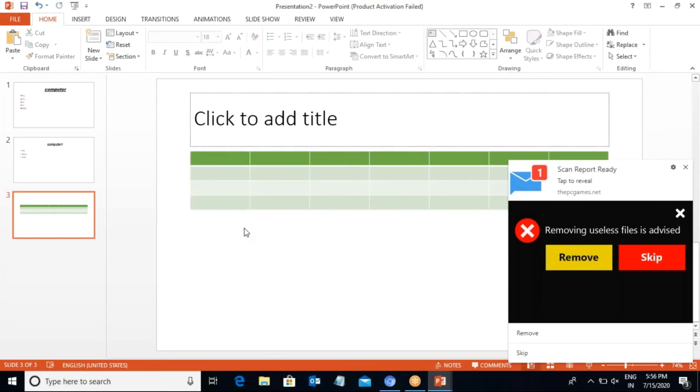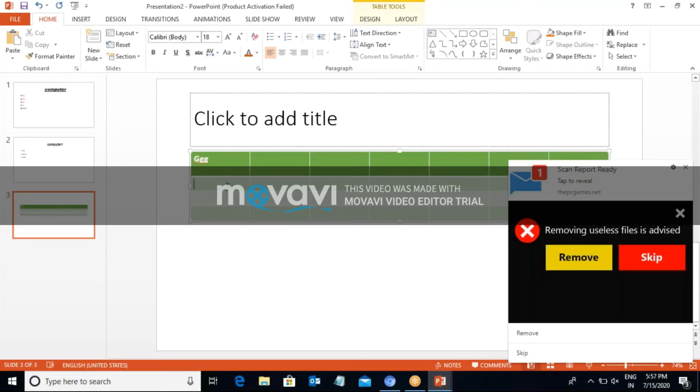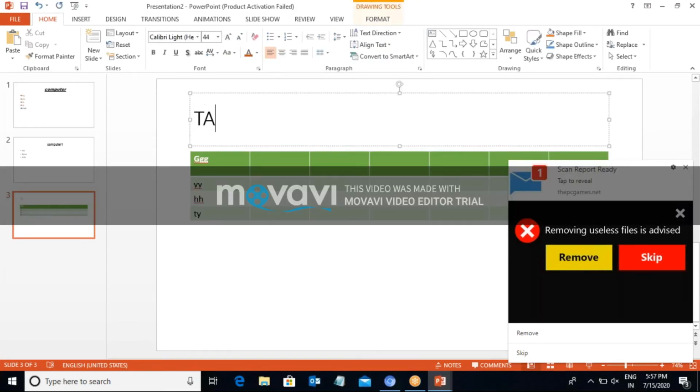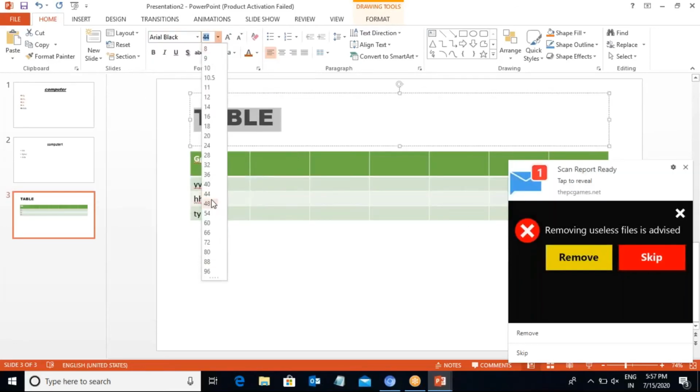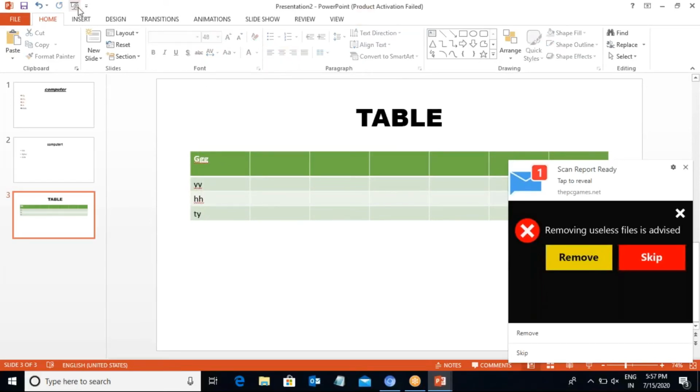This is how the table will be created. Then double-click and perform your text, and whichever type of table you create, type the text and add the title. If you show a table, double-click and change the font and size and show it in the center. Then the table will be created.